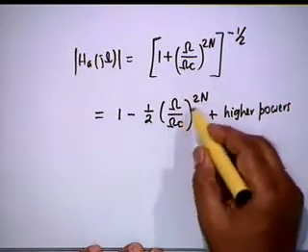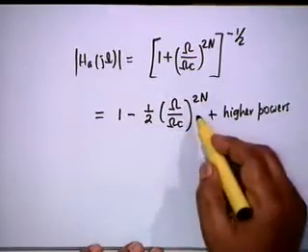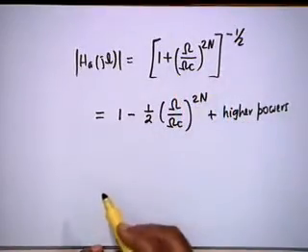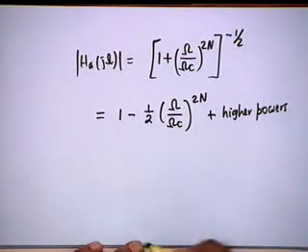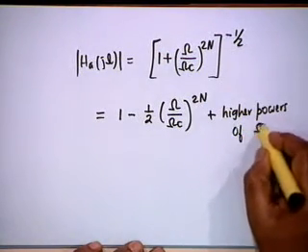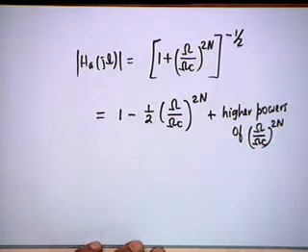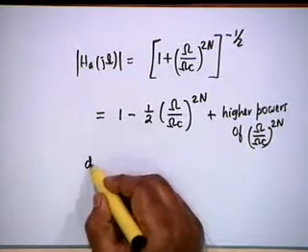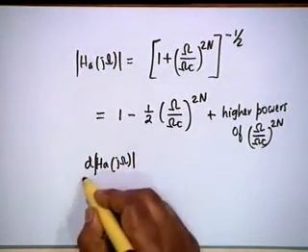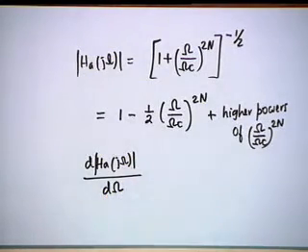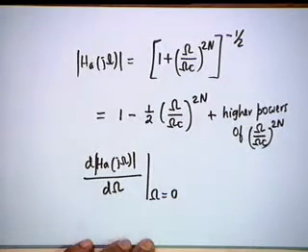The next will be omega by omega c to the power 4n. Squared of this is 1 plus x to the power minus half, which is 1 minus half x plus 3/8 x squared, and so on and so forth. So higher powers of omega by omega c to the power 2n. And you see that if you differentiate the magnitude with respect to